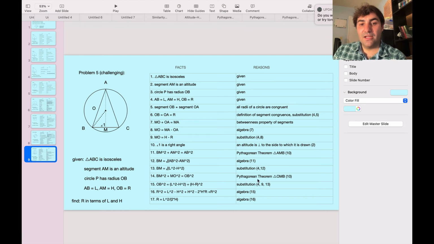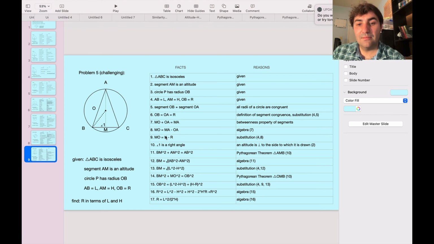Next, I'm going to apply the Pythagorean theorem to triangle OMB, so the smaller triangle here. And we get BM squared plus MO squared is equal to OB squared. And then I'm going to substitute what BM is. BM squared is the square root of L squared minus H squared, squared. So squaring the square root cancels it. So you're left with L squared minus H squared. And